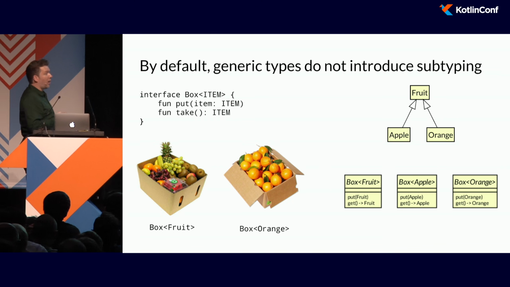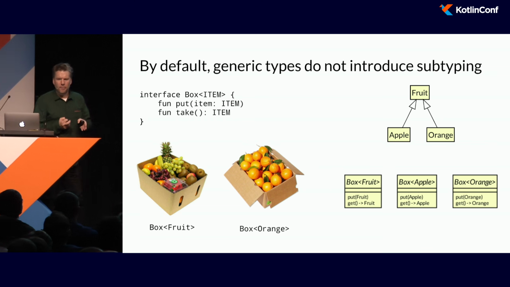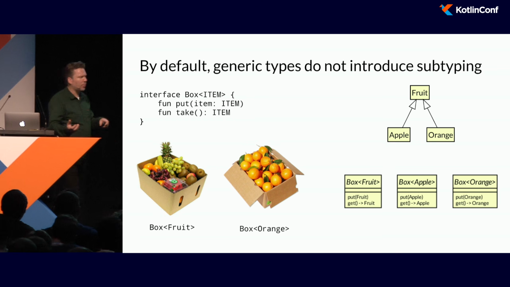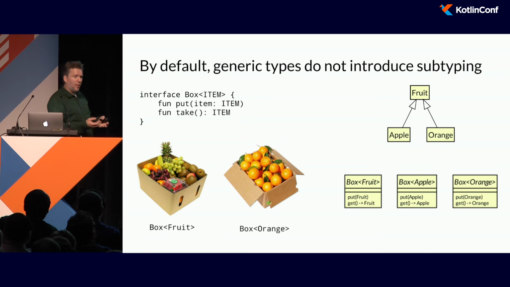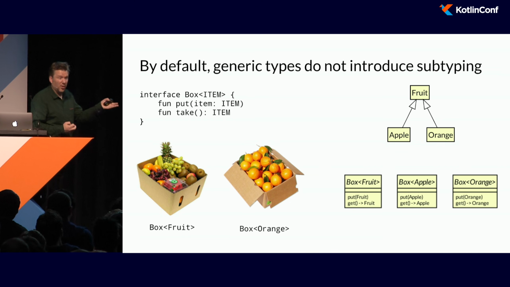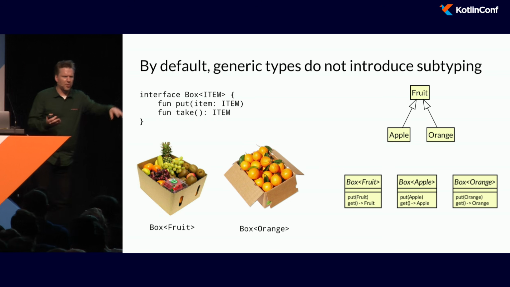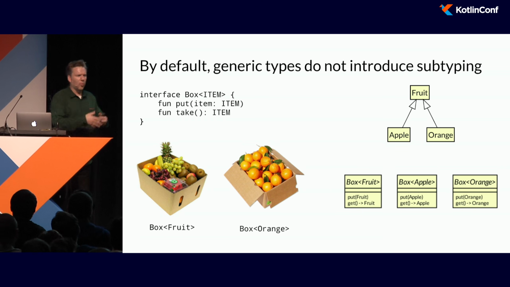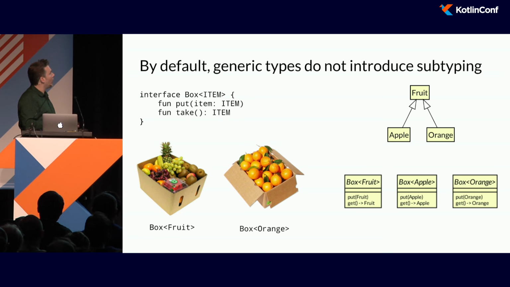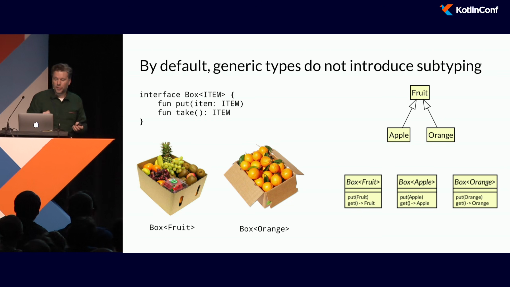If I define a class hierarchy of items to pass to a generic, so that'll be used as parameters of a generic type, by default, the generic type will have no subtyping relationships between the instantiations of that type. So if an apple and orange are both kinds of fruit, a box of apples is not a box of fruit. Kind of makes sense. If I've got a box of apples and I treat it like a box of fruit, I can put some bananas or oranges in it. Someone else using it as a box of apples will suddenly find it's got unexpected types of items in it, and vice versa. It's particularly because items can be put in and out of this collection.